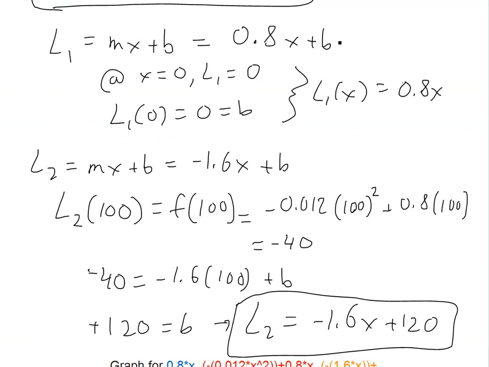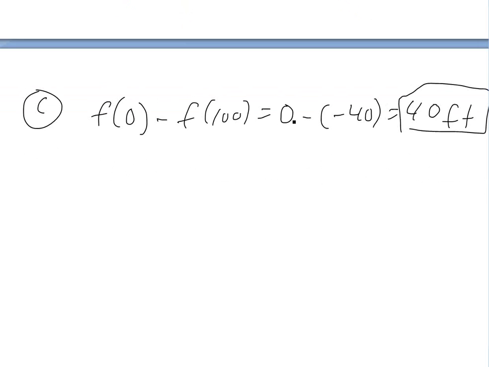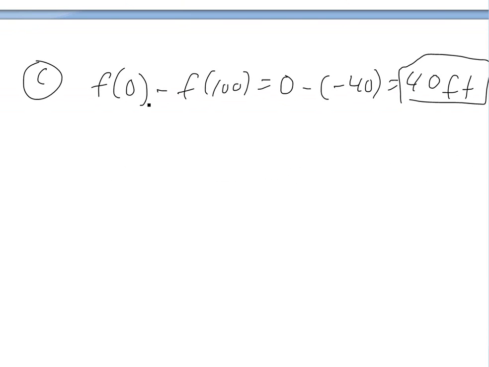So let's write that down right here, part C. We'll go f of 0 minus f of 100. This equals 0 minus negative 40, so this equals 40 feet difference. Remember, that's why I have it positive, because they just asked what the difference is. They're not asking for any sign. So 40 feet is the elevation difference when you subtract, and it's going to be basically 40 below